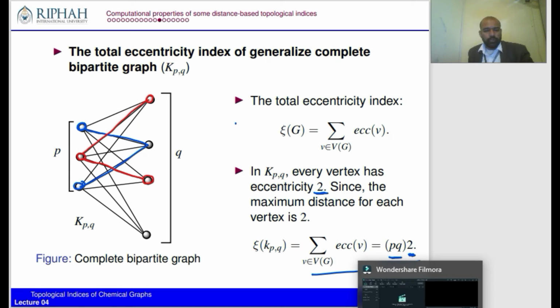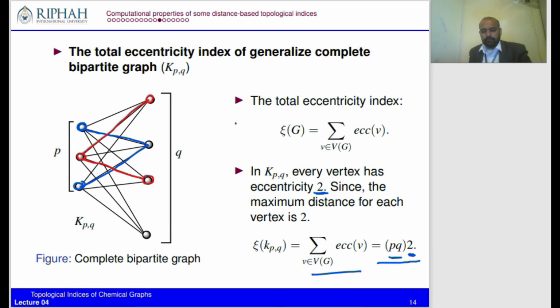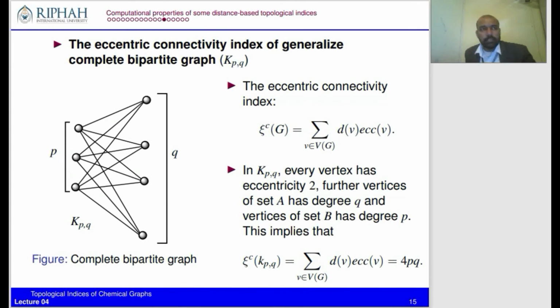Next we move to the next example. The eccentricity index of a graph is given as